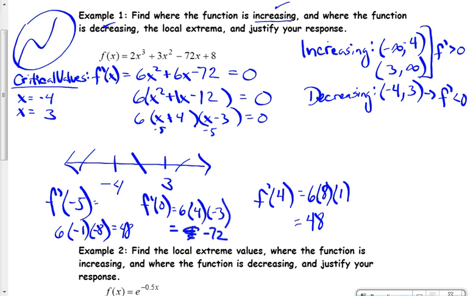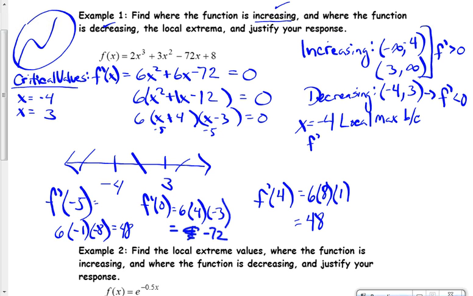Find the local extrema and justify your response. Okay? What type of point is the point that occurs at x equals -4? It is two words. Okay, give me more. It's more than a stationary point. We can be more specific at this point. It is a local maximum. Why? It is a local max because